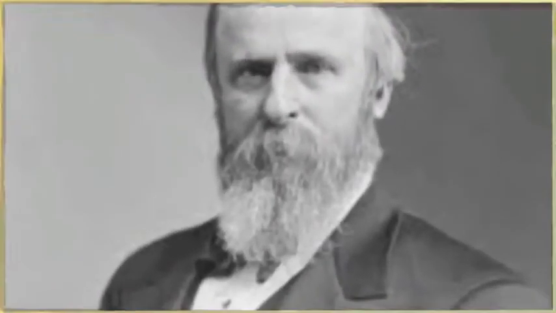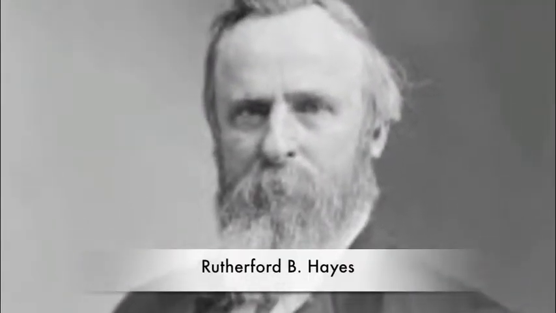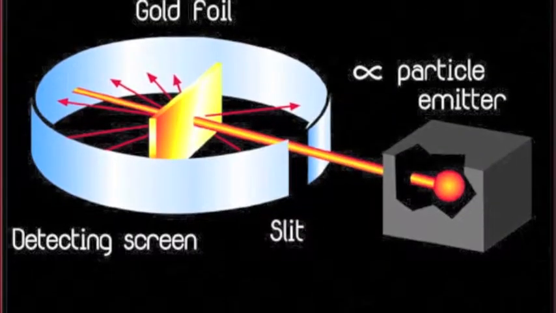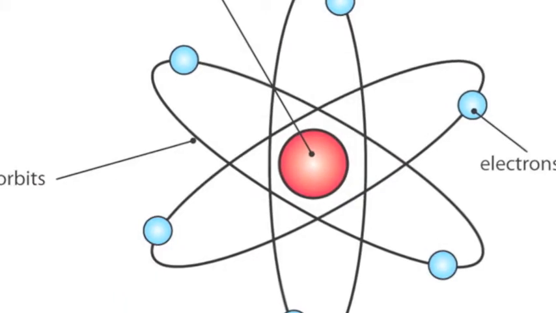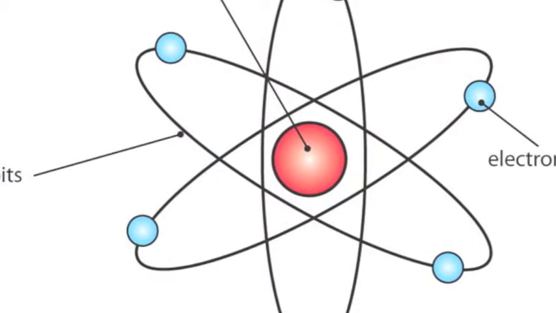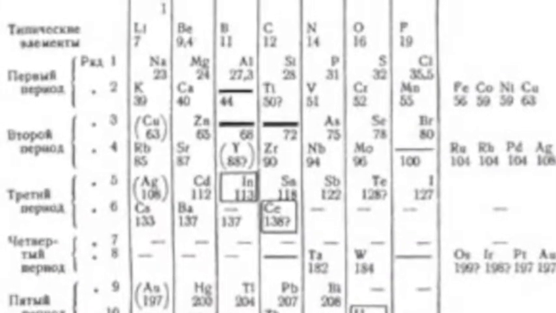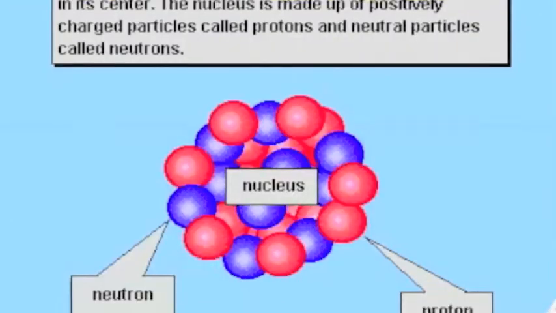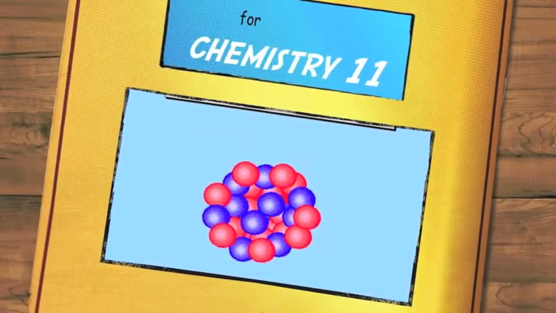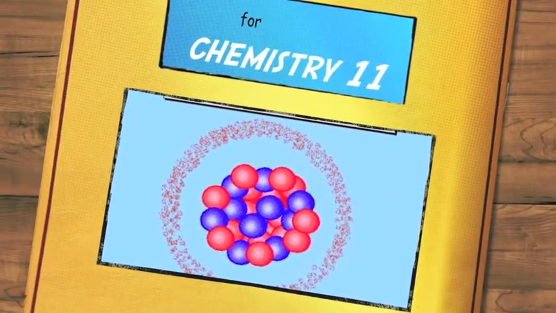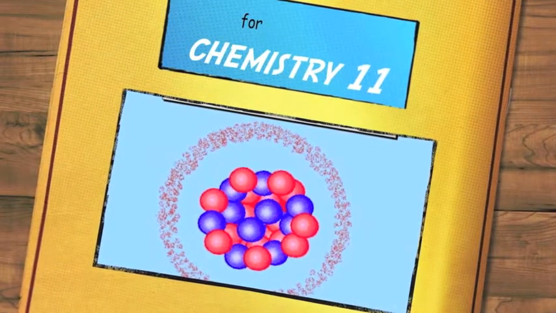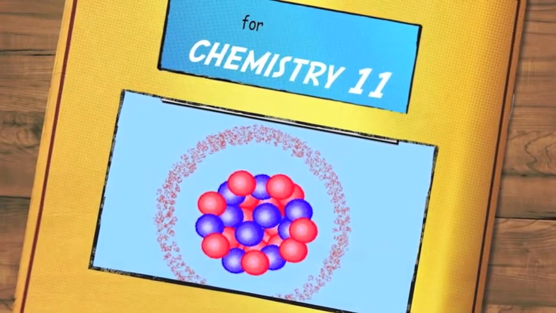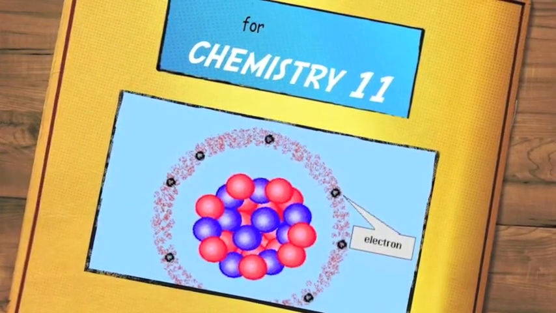However, Rutherford observed an experiment and proved that Thomson's model is wrong and proposed a new model that looked like the one we see today. Following that, Mendeleev arranged all the known elements of his time, creating what is now the periodic table with the help of atomic theory. Now, in our modern-day atomic structure, we have protons and neutrons in the nucleus of the atom, with electrons circling around it.